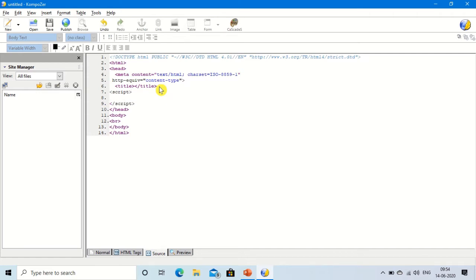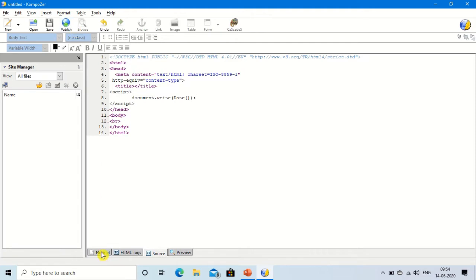Here you write document dot write, opening parenthesis, and write the Date function. Make sure that the first letter of Date is capital, then opening parenthesis, closing parenthesis, and put a semicolon.